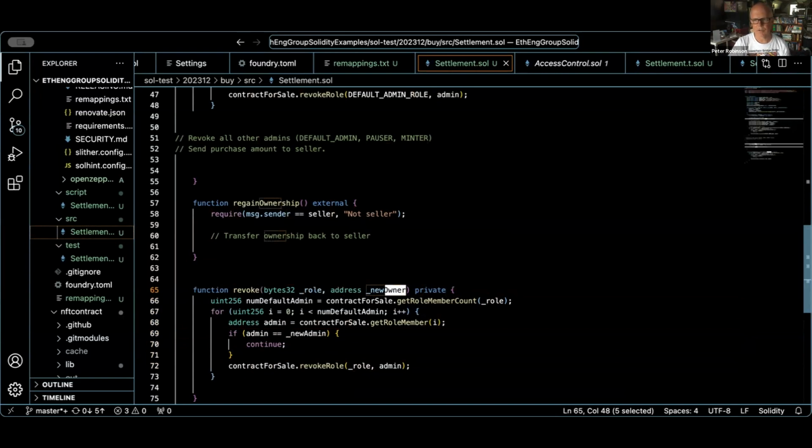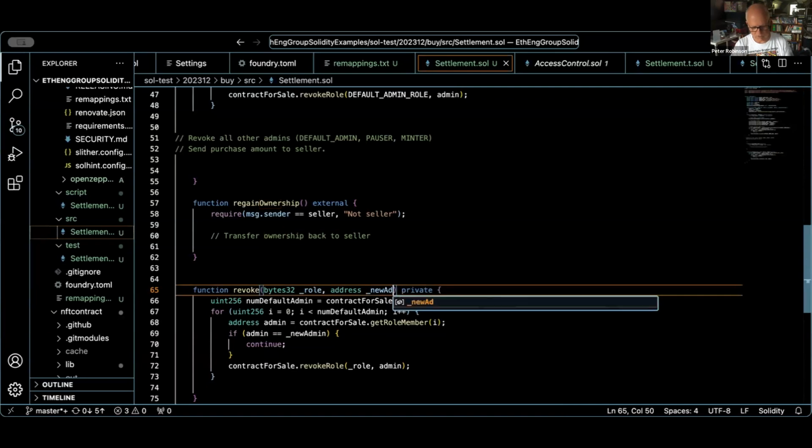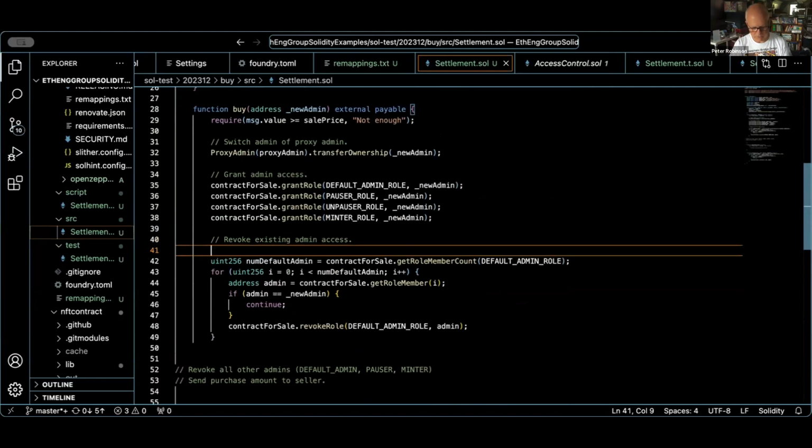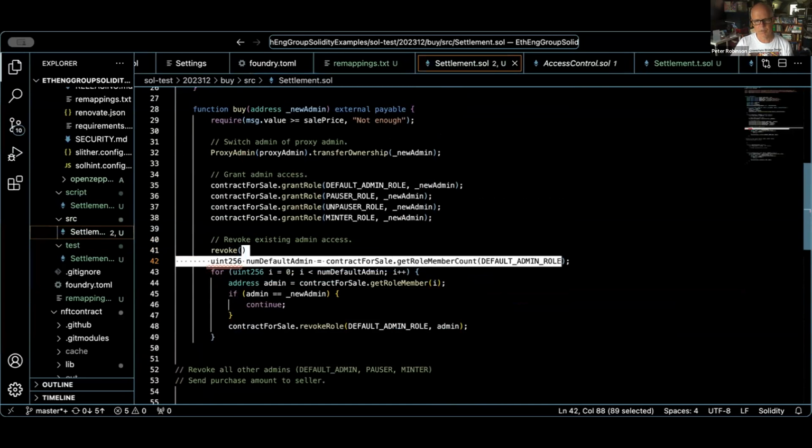Yeah, so John's saying, so I want to sell my DeFi protocol. I'd also need to hand it over in this way. And that's very true. Yeah, so you need a way of selling a contract. Okay, so this is new admin. All right, so now we should be able to go revoke, and then the type of